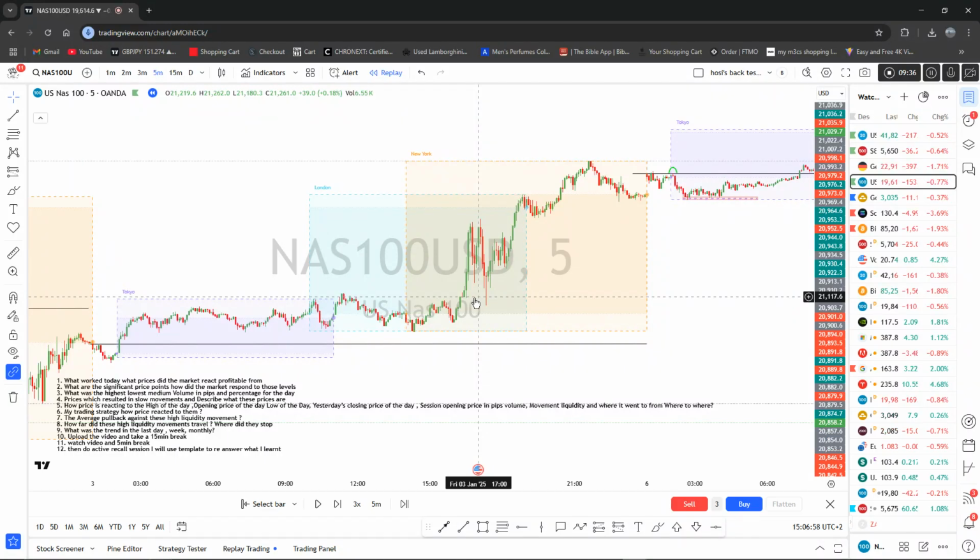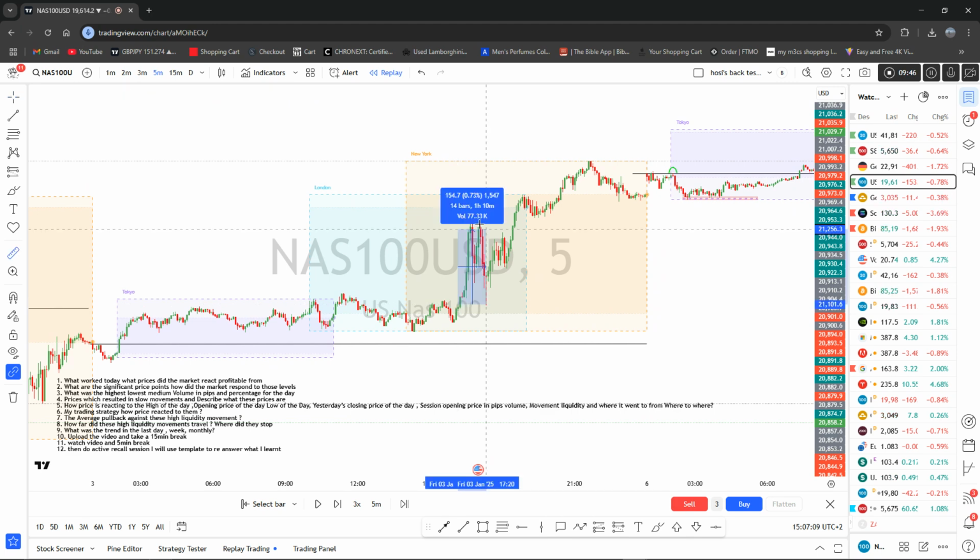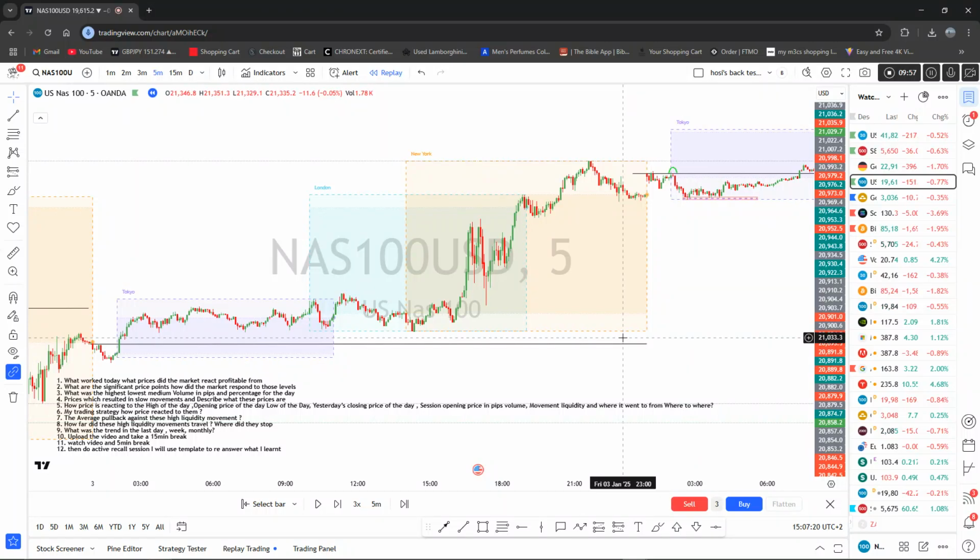It took 30 minutes from the opening price of the New York session for price to travel 160 pips. So that's confirmed, 160 pips. I remember it. It took 30 minutes, right? So these areas,